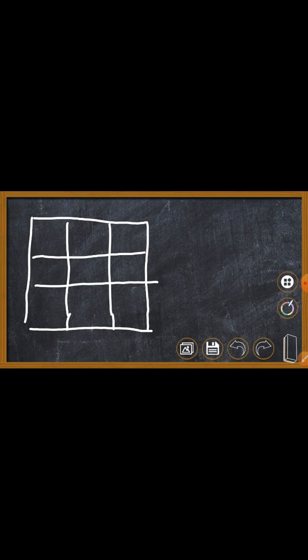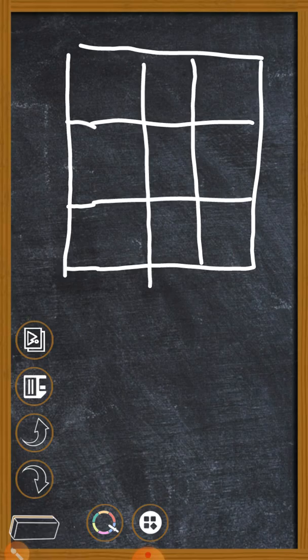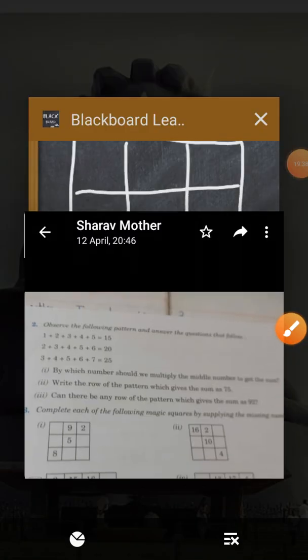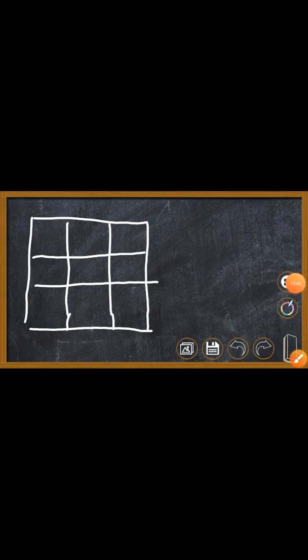So the box fills out like this. I have forgotten, wait, I need to check. Yes, the box fills out like this: 9, 2, 5, 8. So 9, then 2, then 5, and then 8. This is how it fills up. The first hint is that it has filled, and we need to fill up the rest of the boxes. You can see a lot of empty boxes over here. That's what we need to fill out.